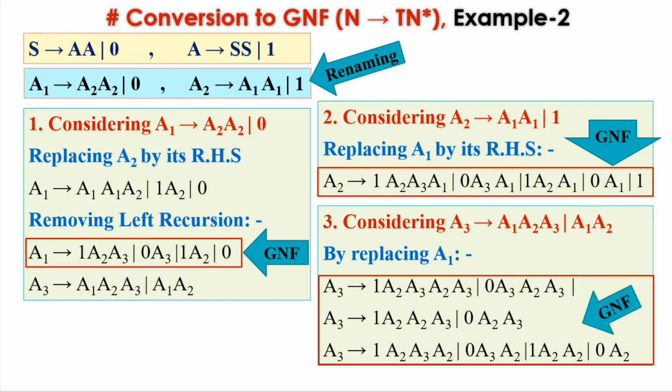Okay, so the grammar is now successfully converted to GNF. We are getting 4 rules here, 5 rules here and 8 rules here. So these are the total rules of the grammar that was converted to GNF form. So this is the way we work. We have just applied the left recursion removal rule only once, and for the rest of the variables we have just substituted A1. Okay, and this happens for most of the questions. You have to practice 1 or 2 questions only.